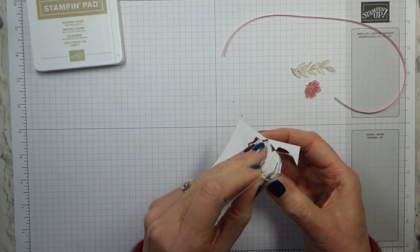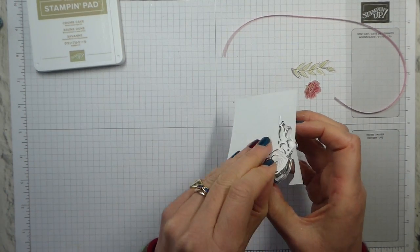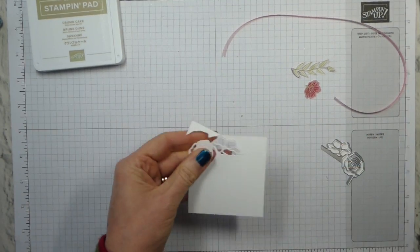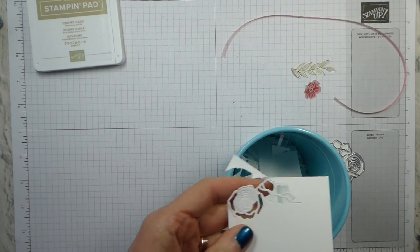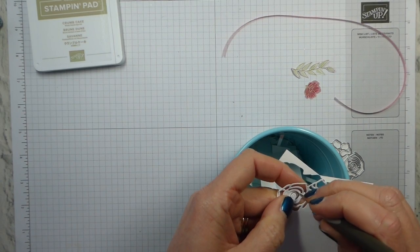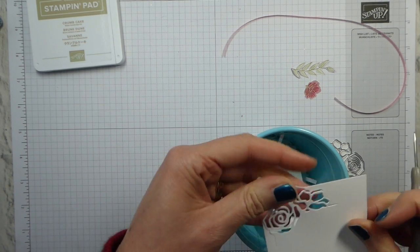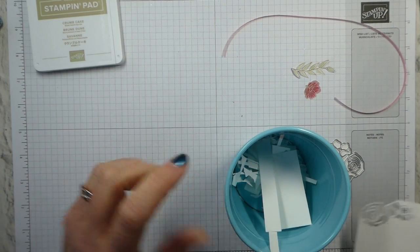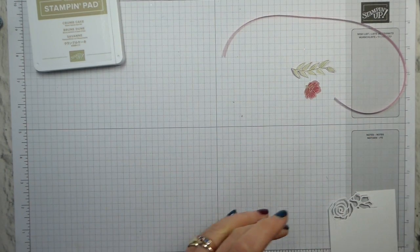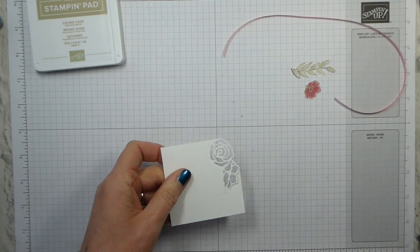It cuts really easily because I have, she says, famous last words, it has cut really easily. It cuts really easily because I've got new plates. You often find that if your cutting stops being great, then you just need to change your plates because they kind of compress. If you're having problems, the first thing I would do is run your dies through twice rather